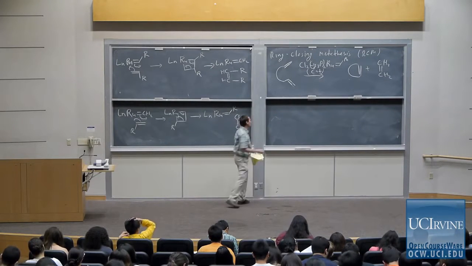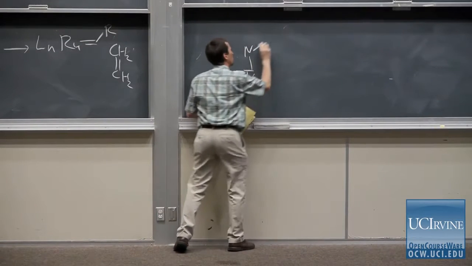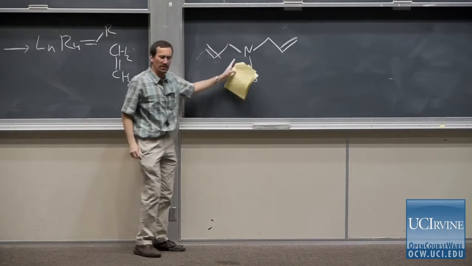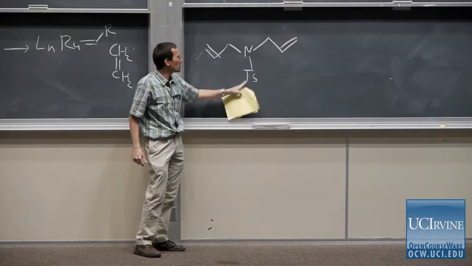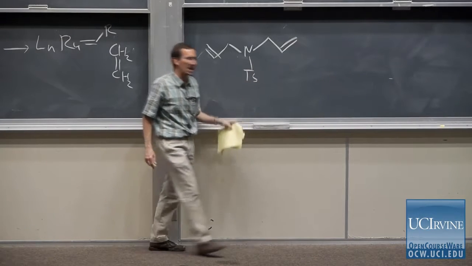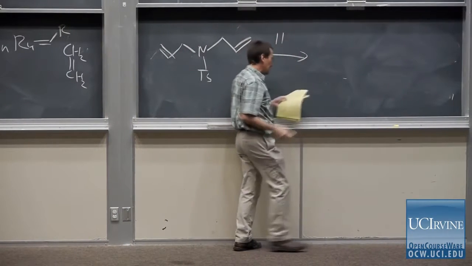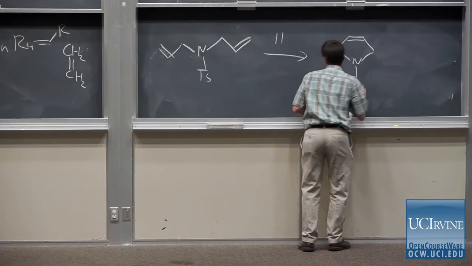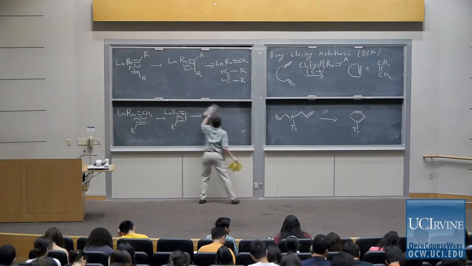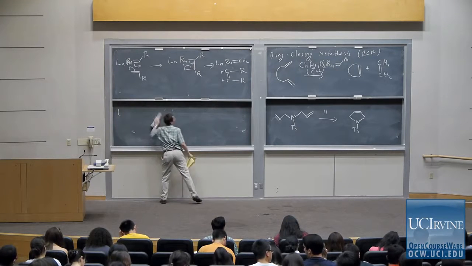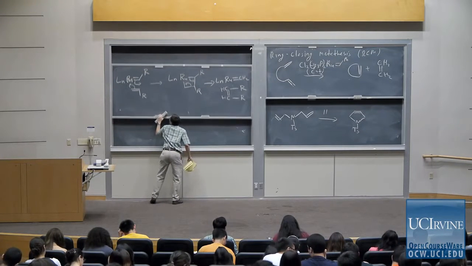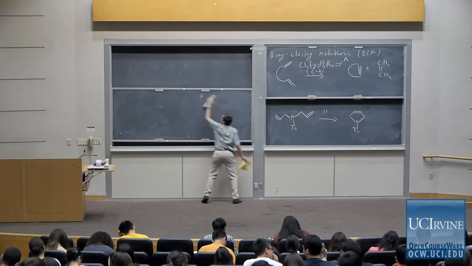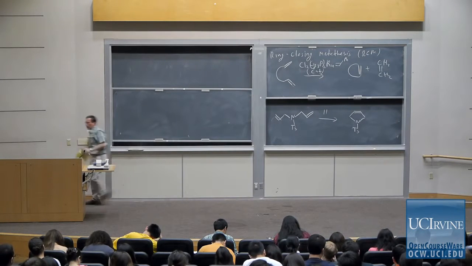Your textbook gives a nice example, and then I think maybe I'll take 1 minute to show you an example of a thinking process. So your textbook shows the synthesis of a pyrrolidine ring in which it starts with diallylamine that has a tosyl group on nitrogen. It subjects it to the reaction conditions, and we form a 5-membered ring. And I think that's kind of a nice starting point for the sort of problem that I think you should be able to solve and to think about. So let me show you